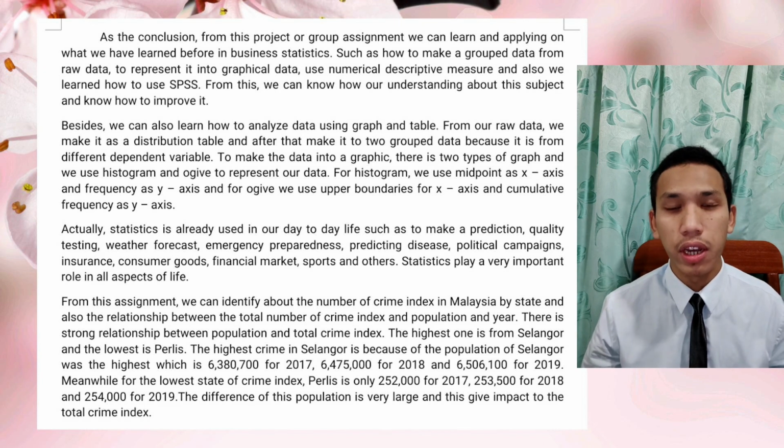From this assignment, we can identify the crime index in Malaysia by state and also the relationship between the total crime index and population and year. There is a strong relationship between population and total crime index. The highest is from Selangor and the lowest is Perlis. The highest crime in Selangor is because the population of Selangor was the highest, which is